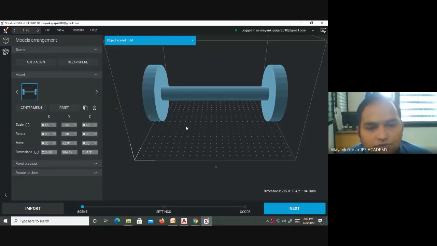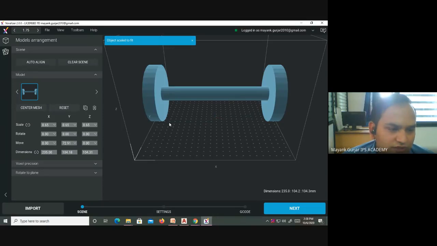This is a dumbbell. I created it in AutoCAD in the previous session, and now I can use it. I have to scale it, so I also scale it. I can rotate it. Suppose this alignment for printing is not suitable, because we have to drop the material and this intermediate rod will not stick to the ground, since there is a gap between the ground and this.